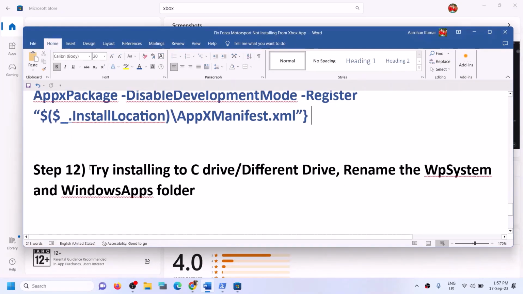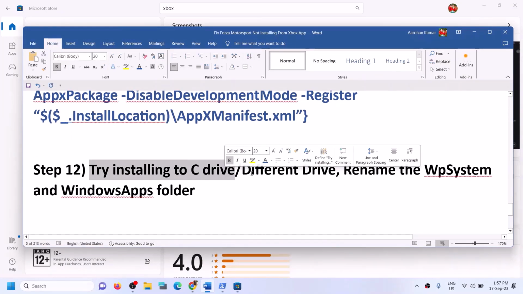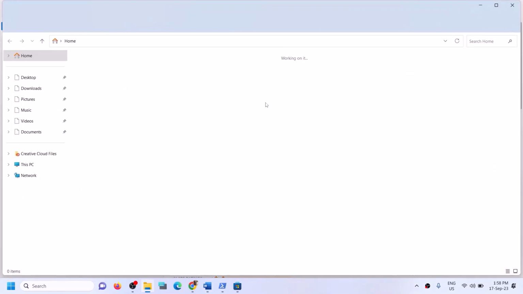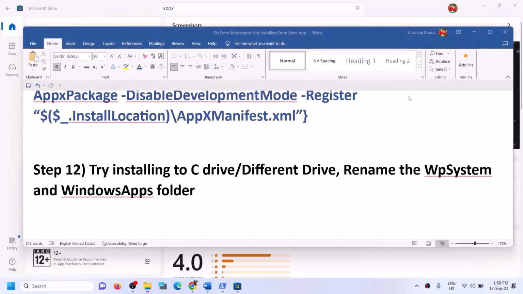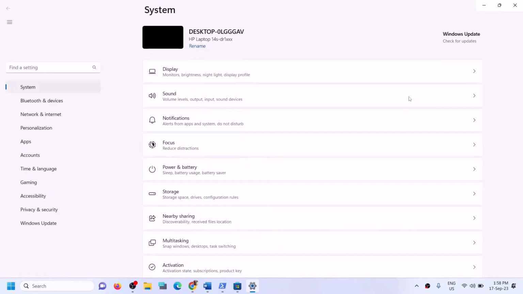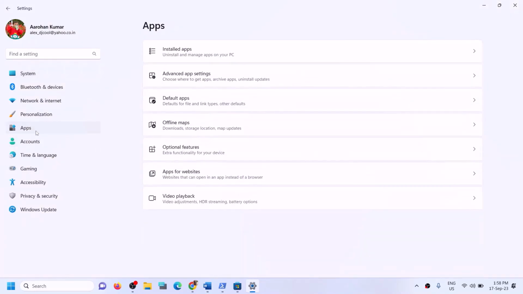Next step is to try installing the game to C drive. Suppose you are trying to install the game to different drive, maybe D drive, E drive, F drive. In that case, open Windows settings, and then go to apps. Go to apps and features in Windows 10 or in Windows 11. You can go to advanced app settings